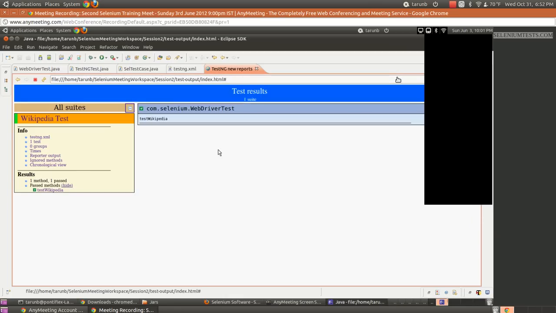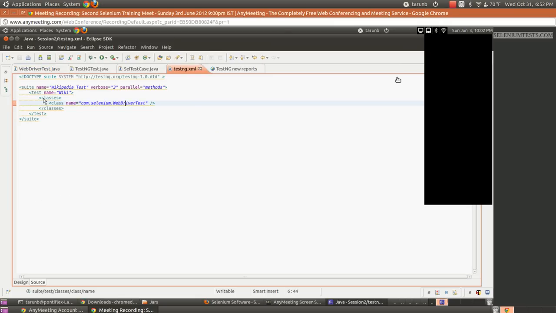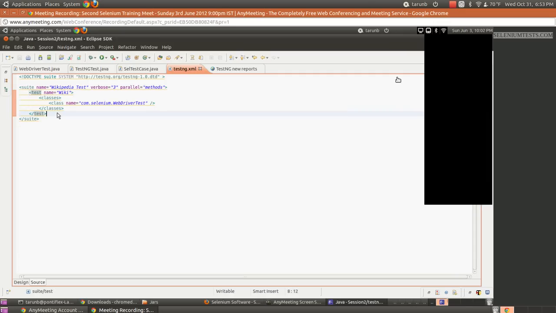Yeah, so is the same test again? Yeah. Okay, great. Now let us see one of the biggest advantages, when someone was asking why JUnit, why TestNG, why not JUnit: the parallel test. Let us see the parallel test here. So let us write two tests here. So we have one test here. I'll just copy it.